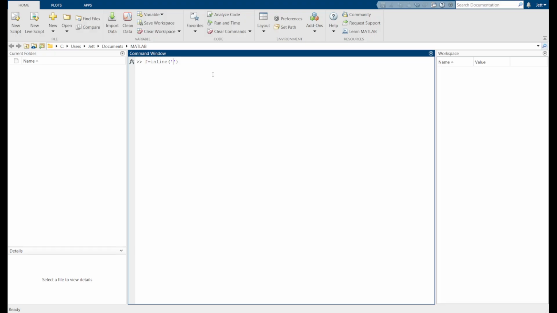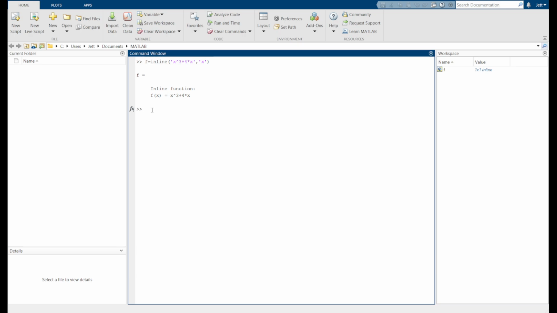Let's say I have a function of x cubed plus 4x, so we need to multiply the 4 to the x. And we're going to set our independent variable to be x. Now let's enter and see our function.